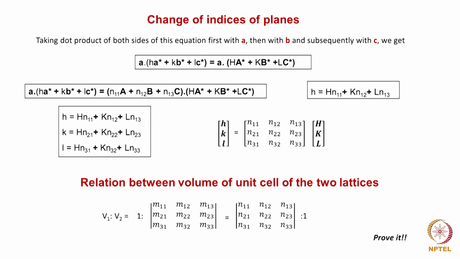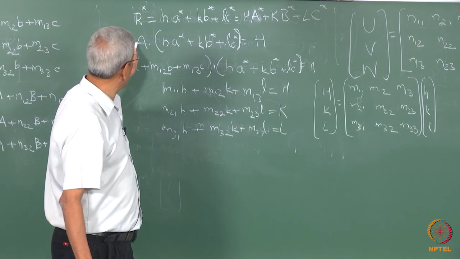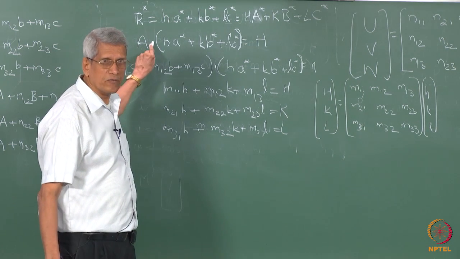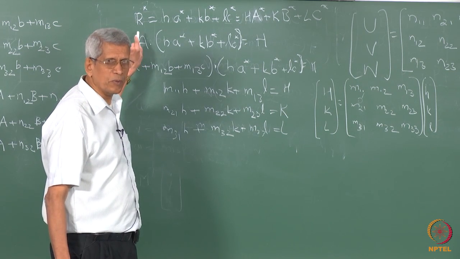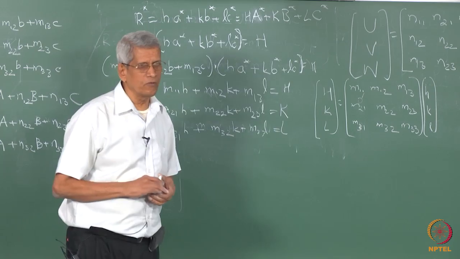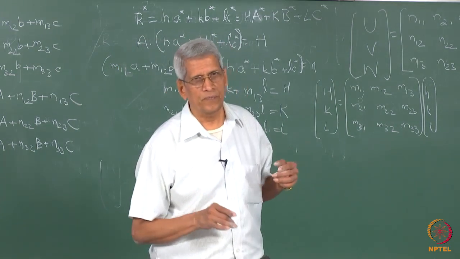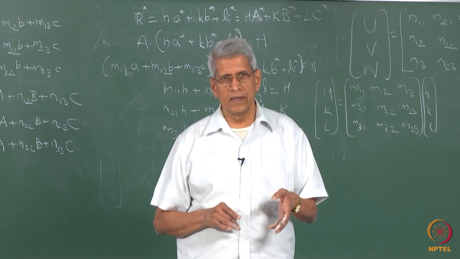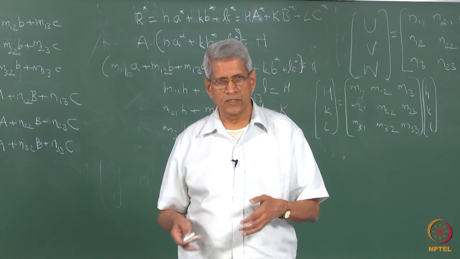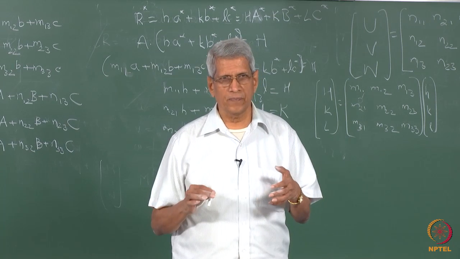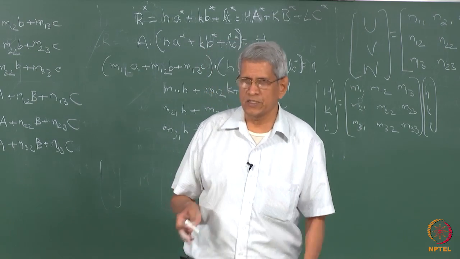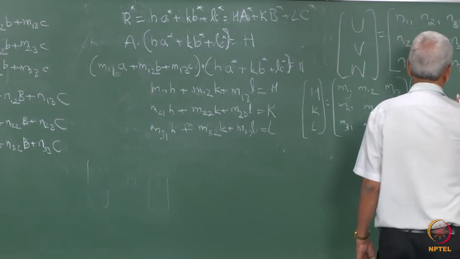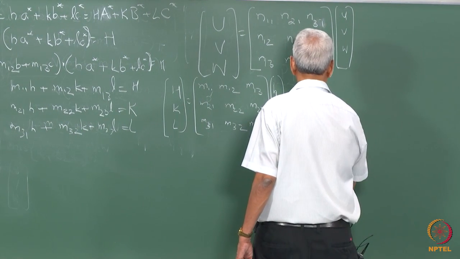Similarly, instead of taking the dot product with A, which is a vector in the new coordinate system, we can take it with respect to A which is in the old coordinate system. Then we will be able to find out the relationship between the Miller indices in the old coordinate system and the Miller indices of the new coordinate system, right? And that will turn out to be HKL will be